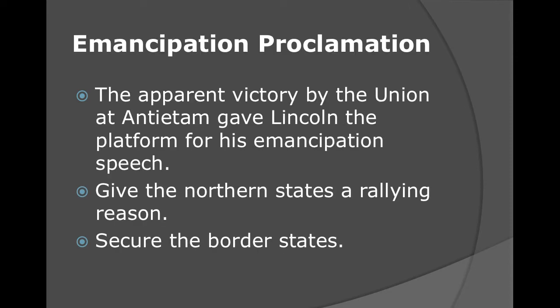With the Emancipation Proclamation given by Abraham Lincoln, after the apparent, and that's kind of a key word, apparent victory by the Union at the Battle of Antietam in Maryland, it gave Abraham Lincoln a real platform to give this speech. For the first 2 years of the war, it had just been about preserving the Union. And then Abraham Lincoln realized that he needed some kind of moral issue in order to continue to get the support up north. And he decided that that moral issue was going to be slavery and freeing the slaves.